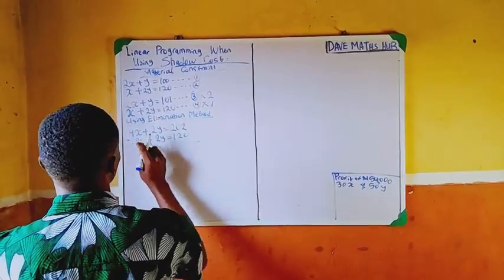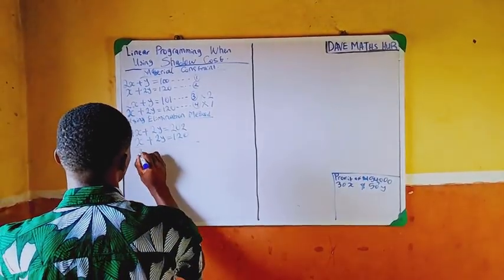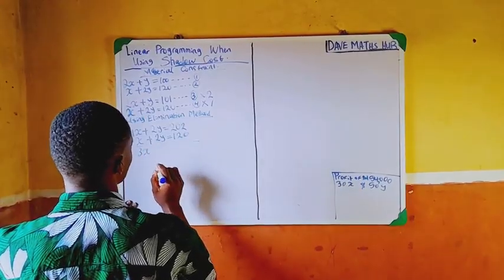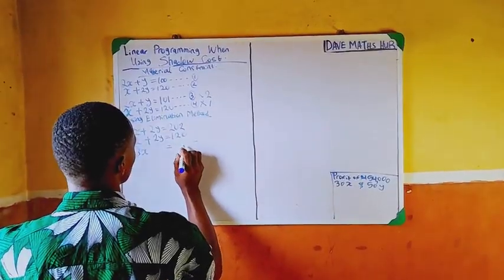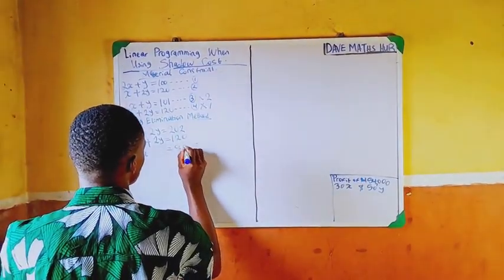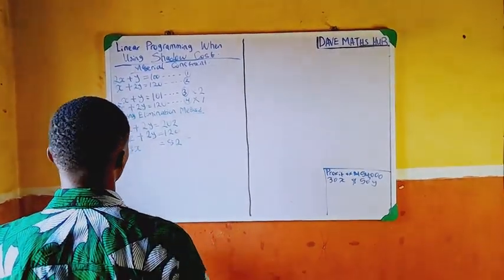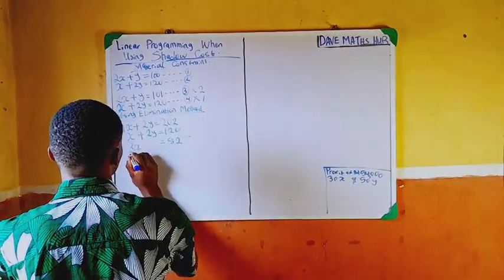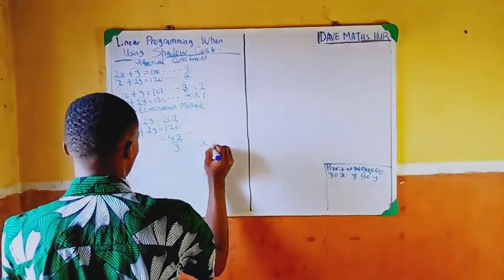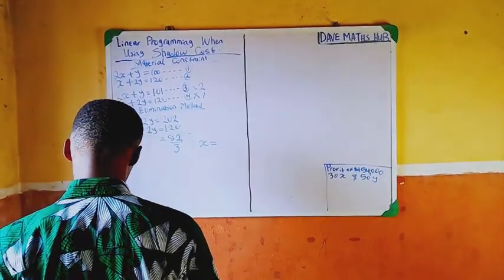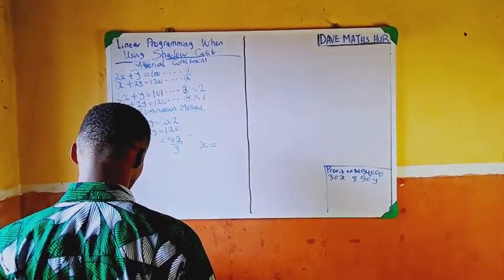Deducting, 4x minus x giving us 3x. 2y minus 2y is nothing. Then 202 minus 120 is 82. So now divided by 3, divided by 3, we have our x to be 82 divided by 3,